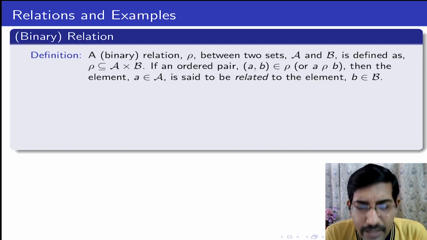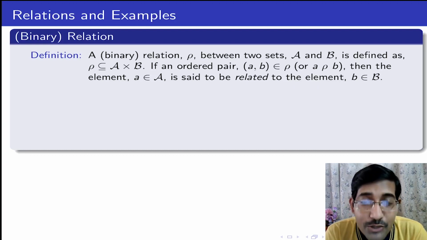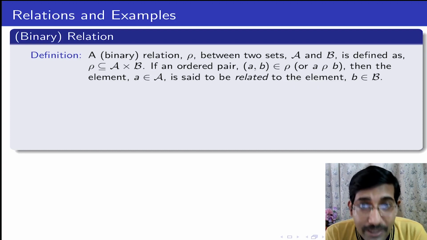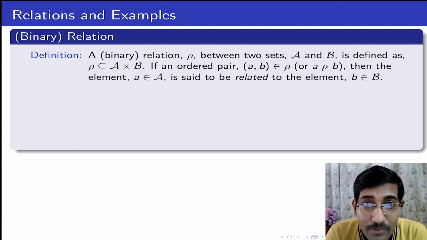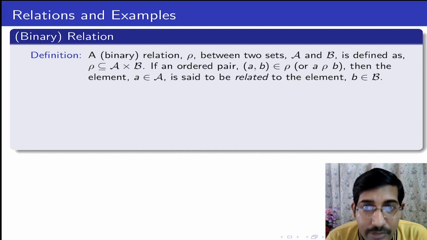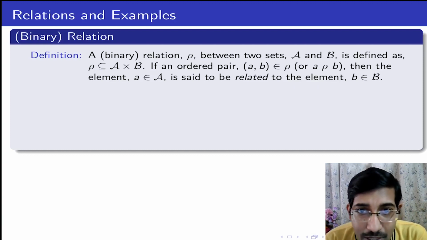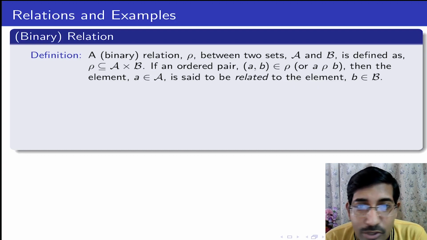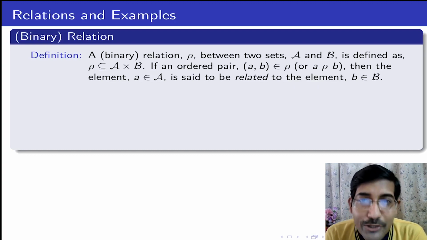To give you a very naive example, in this whole world there is a set of people which is your family, or your extended family. There is a set of people which is in my family, in my extended family. There may be overlaps in that. However, that particular set, the members of the family, forms a relation among all the members in the world. So if there is a relation between A and B, two persons in the world, I am not taking all possible pairs possible in the world. I am only taking those pairs in, say, my family, who are related by blood, or who are related in our extended family.